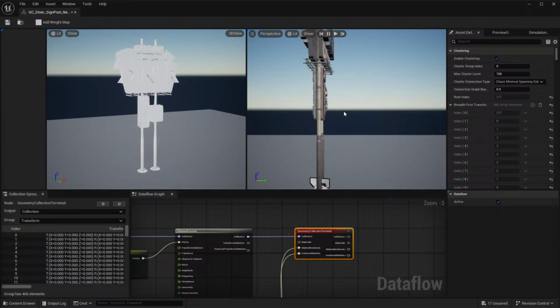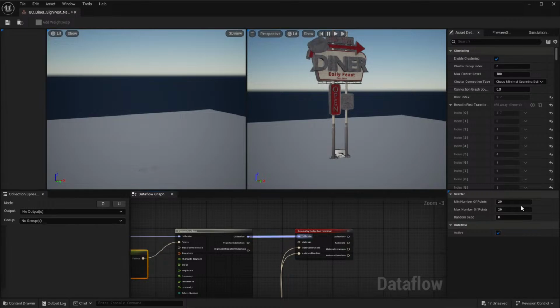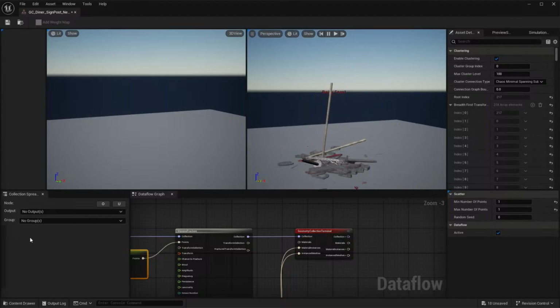So if we come over here and look in this window, the first thing that I want to do actually is I'm going to change the defaults of this to 1 and 1. So we're going to put very few points inside of the volume that we're using to run that fracture on. So this is going to be almost no fracturing, because that's not a 1. I want a 1 in there. There's hardly any points inside of what this fracture is working with, right? So if we play it, it's going to drop. It's basically like mainly those 218 different pieces, not a lot of fracturing happening.